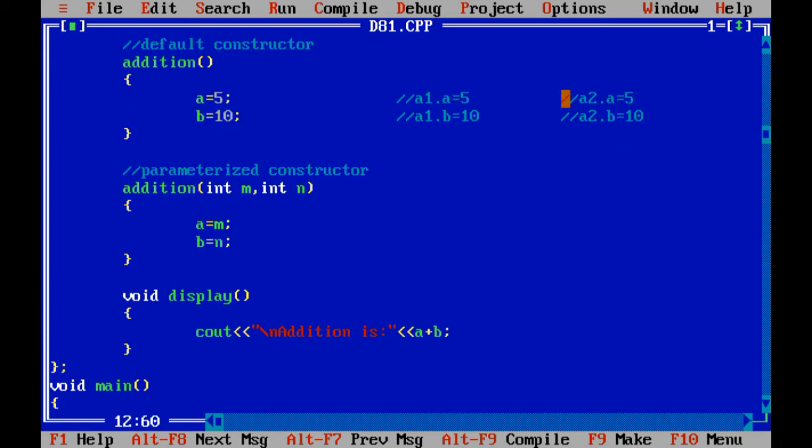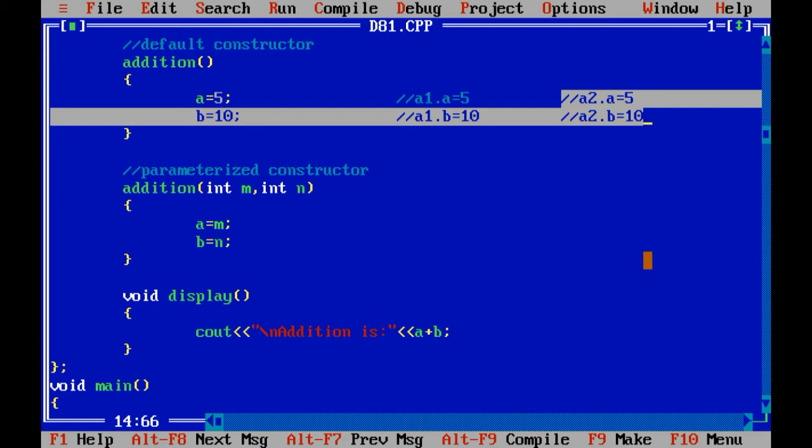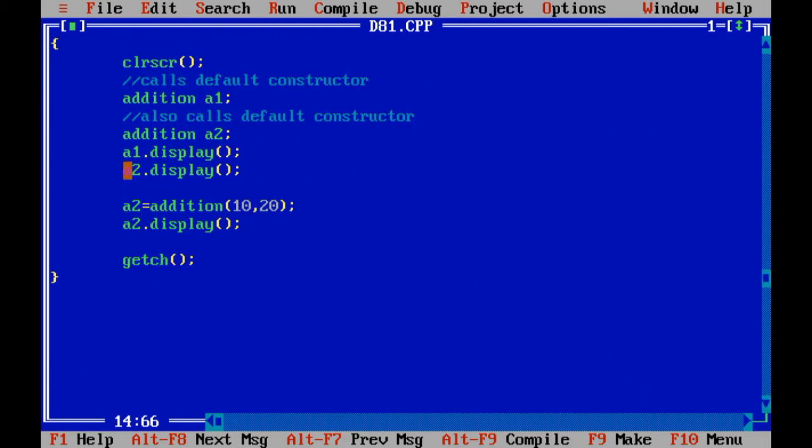So unnecessarily, this becomes a wastage of time and effort, because that is the case when you want to call just the parameterized constructor and you want to initialize the value of class variable using parameters.